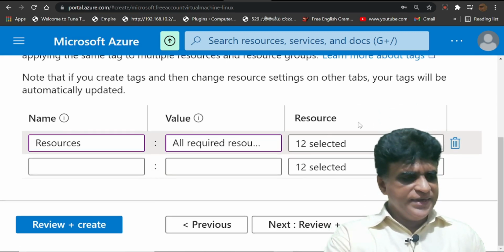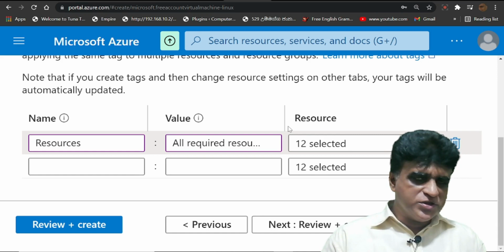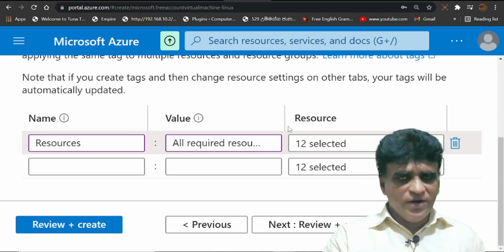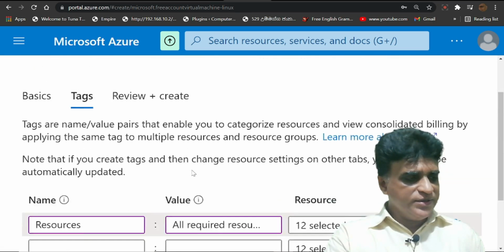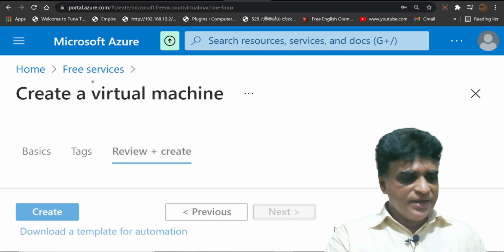Right, that is enough. You can give one by one, right? Giving one resource name, add in one, but here I am adding all at once. Right, that is finished. I have added all resources. Now this is adding to that resource pool what I created in the previous step.